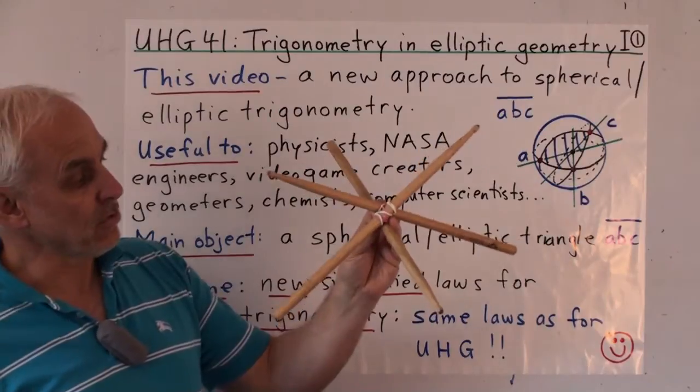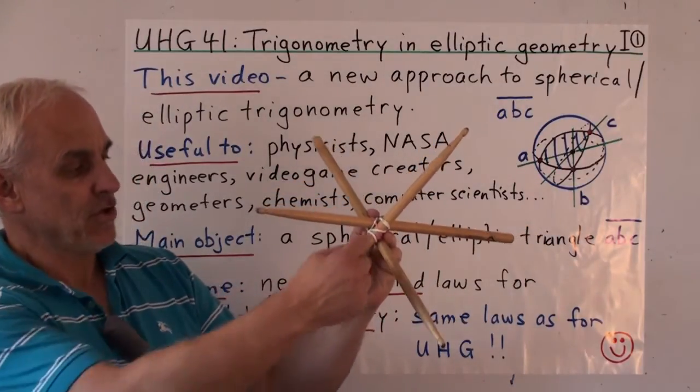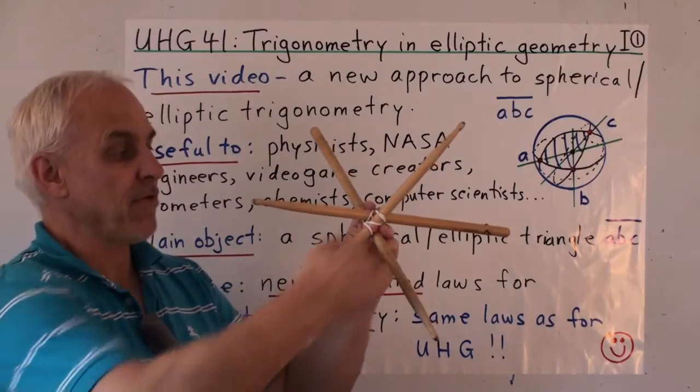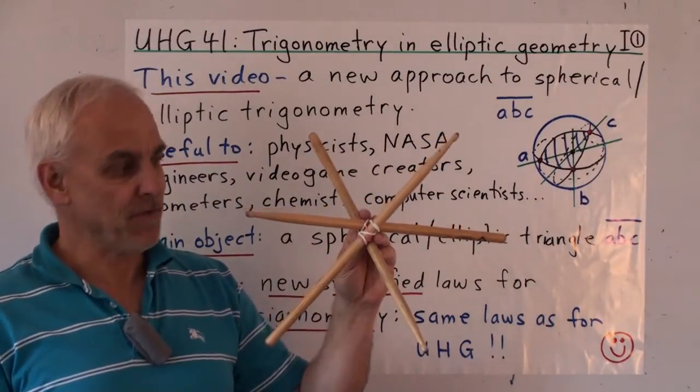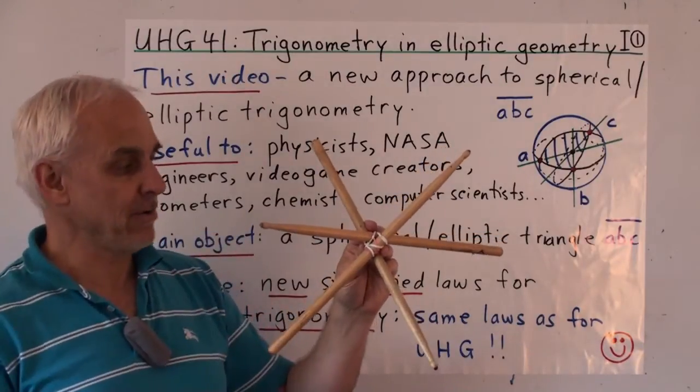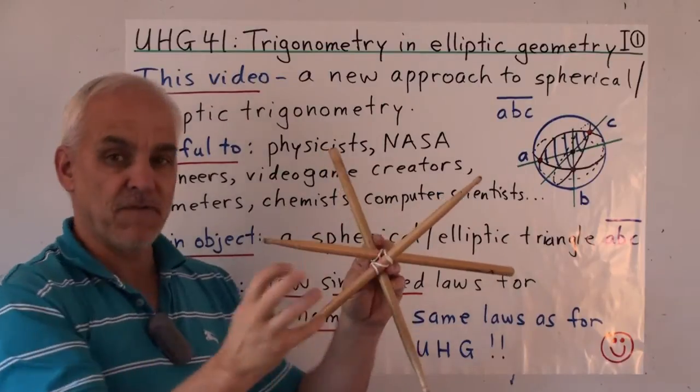So here is a crude model of an elliptic triangle. You should think of this as being the origin, and here we have three different lines through the origin, forming an elliptic triangle. So this might be the line A, the line B, the line C,